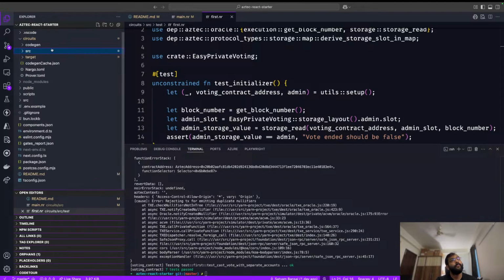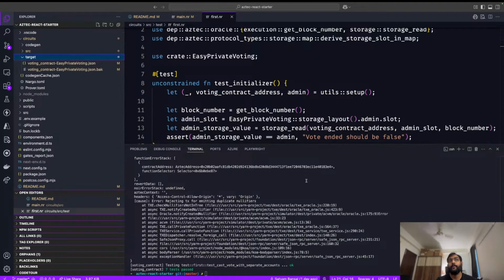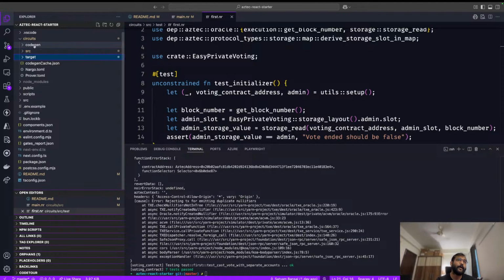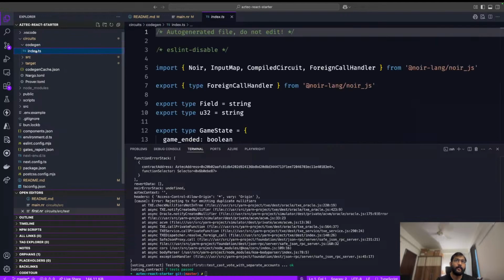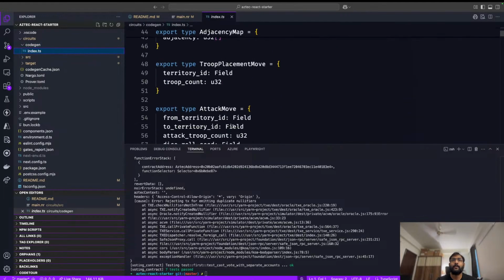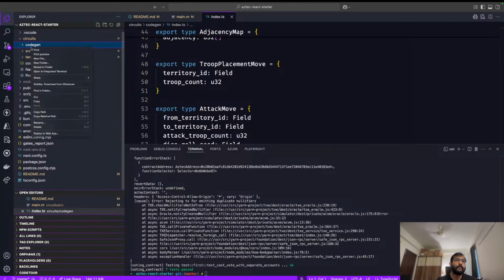Okay, now once you have compiled the circuit successfully, and you have built these contract artifacts, the next thing you want to do is generate the TypeScript bindings for those artifacts, so that you can use these contracts in the front end. So what we are going to do is, this file is not important. I think I can remove this. I guess this is just